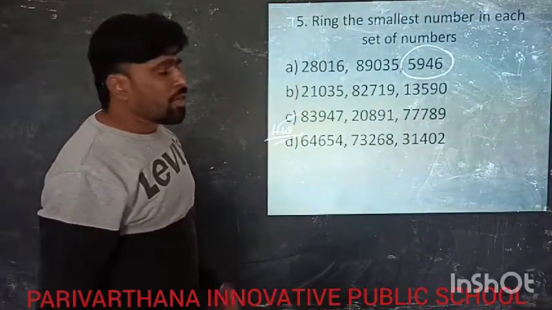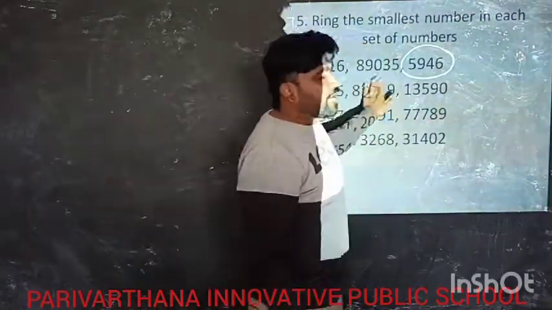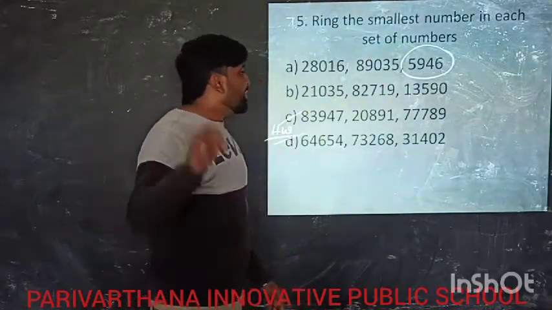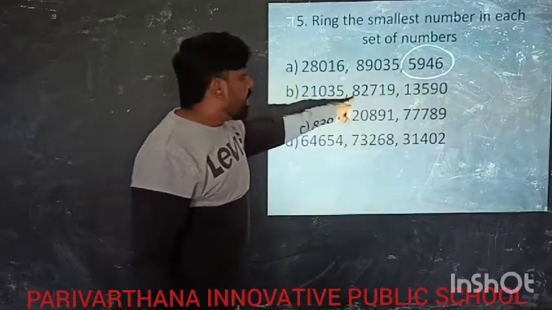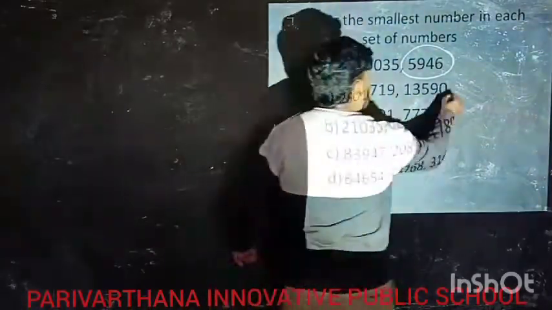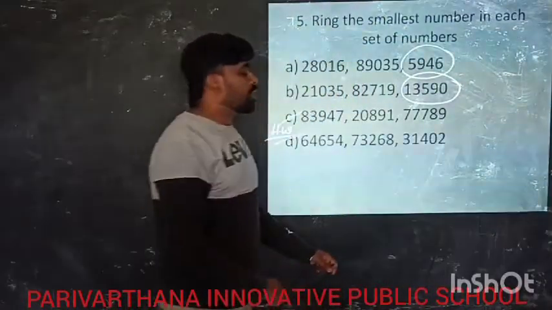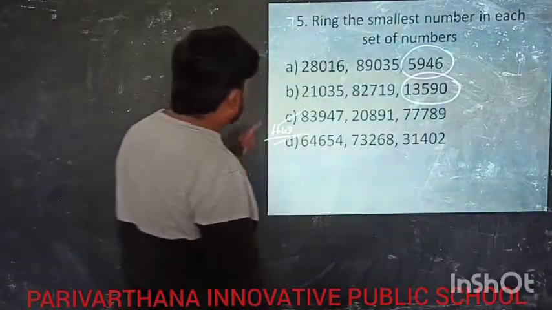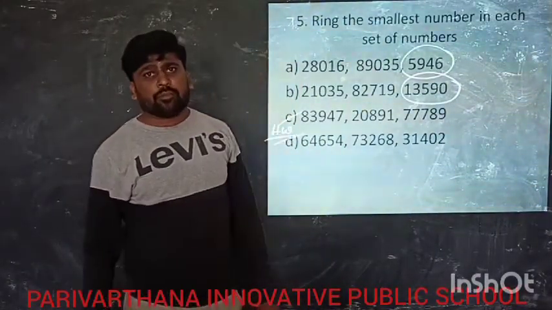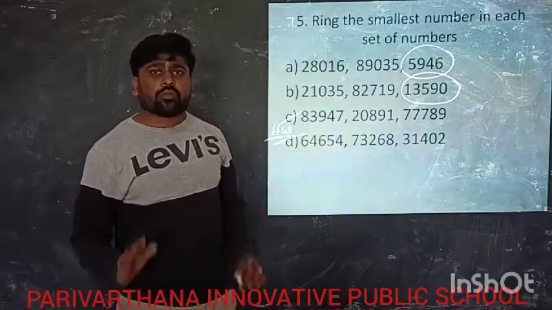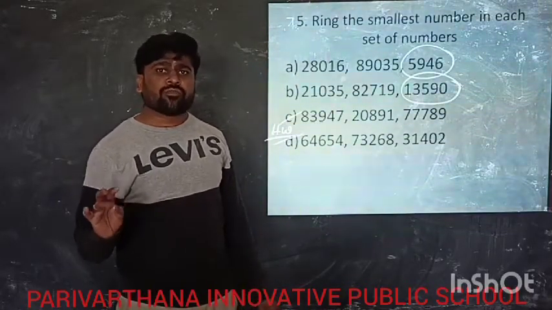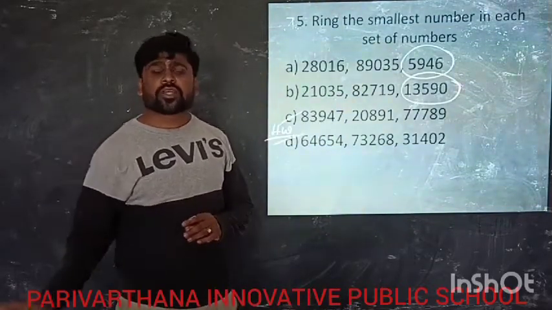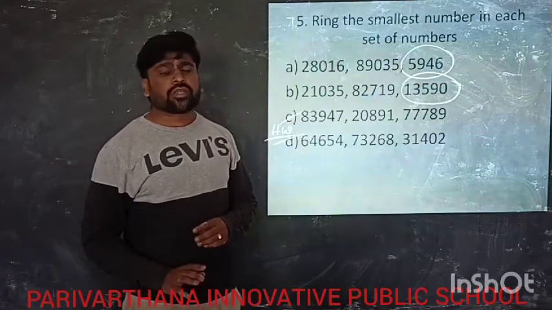Next come to the second one. Count the number of digits: 5, 5, 5. We cannot find out which is the small number and which one is the big number. Come to the 10,000 place: 2, 8, 1. 1 will be the small. Then you have to put the circle. Okay? Again C and D problems are for HWO. This is exercise 1.3, first, second, third, fourth and fifth main. Neatly complete the CWO and also compulsorily finish the HWO. Thank you one and all.